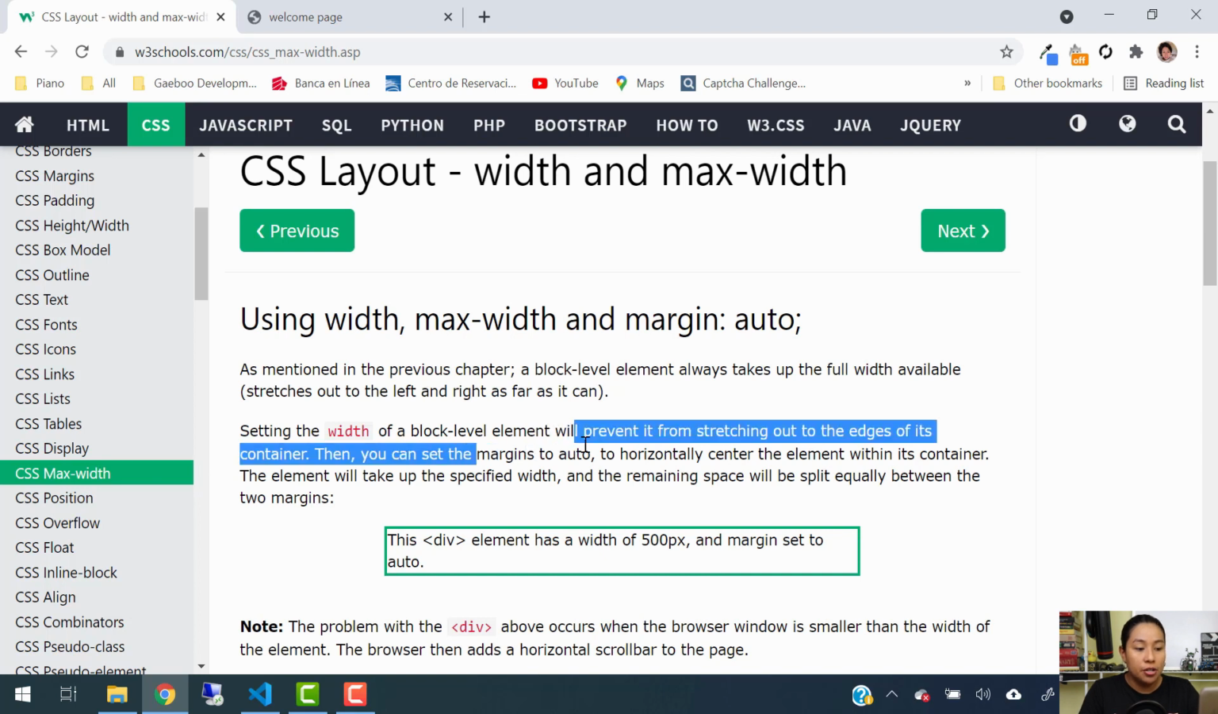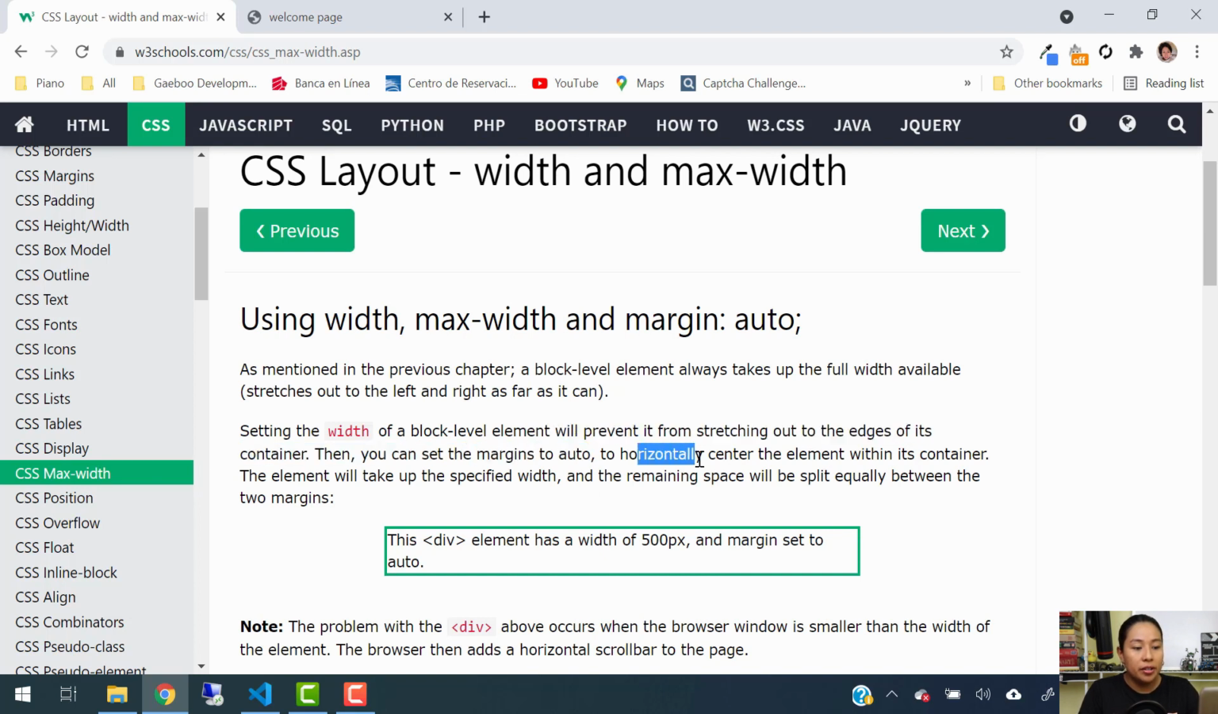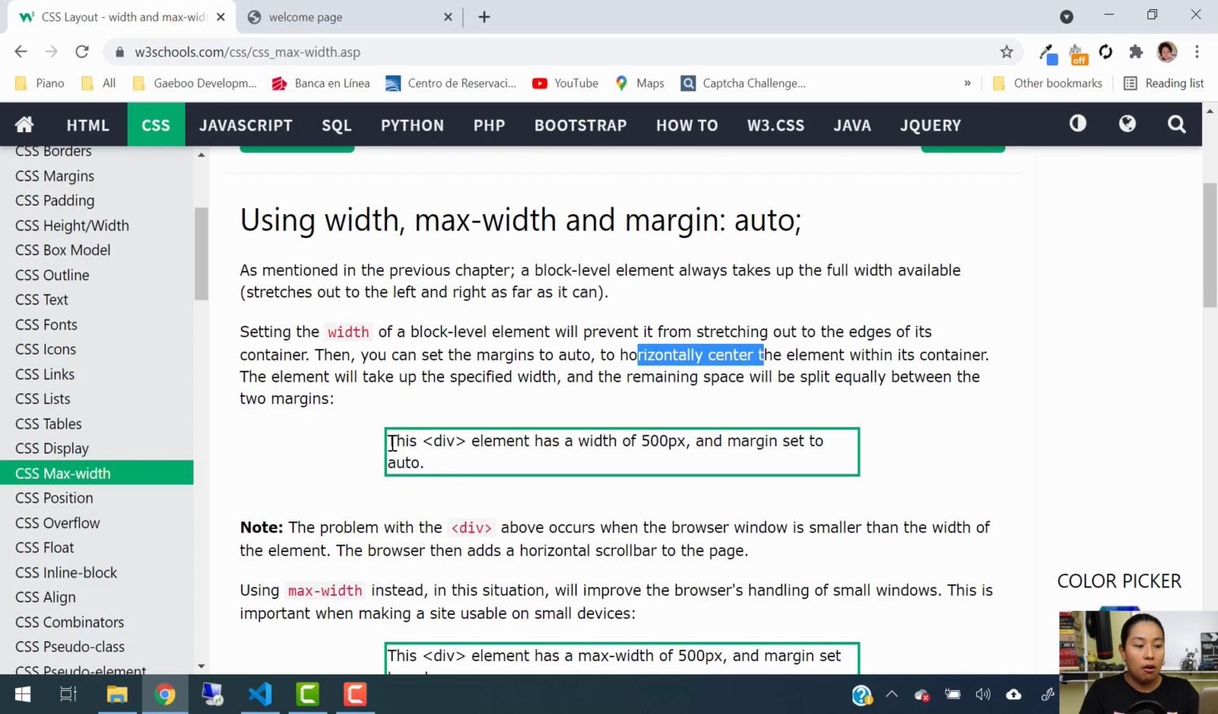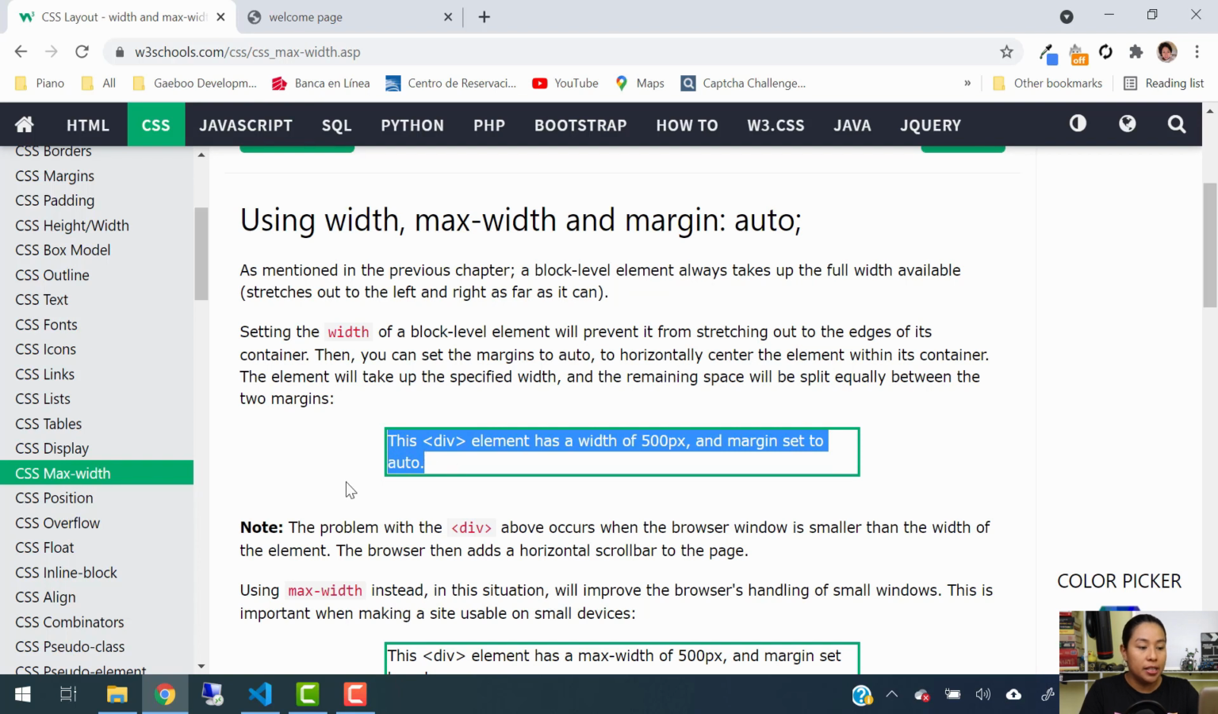Now if you use margin auto, this is going to horizontally center the element within the container itself. The element will take up the specific width and the remaining space will be split equally between the two margins. So margin auto is going to do that. It is going to make sure that all the content inside of that container stays within the container, aligned horizontally